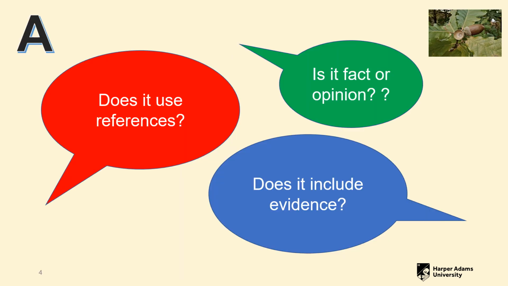A is for accurate. Look for information that is accurate. Is it evidenced by references that substantiate the author's findings or opinions? Look at the citation paths, for example. Does it include evidence that can be corroborated elsewhere? All peer-reviewed articles, there's a filter on Holly for this, will have a reference to show you where the authors